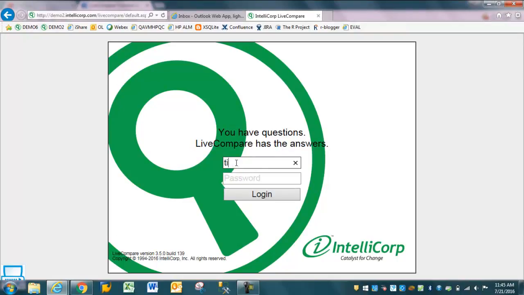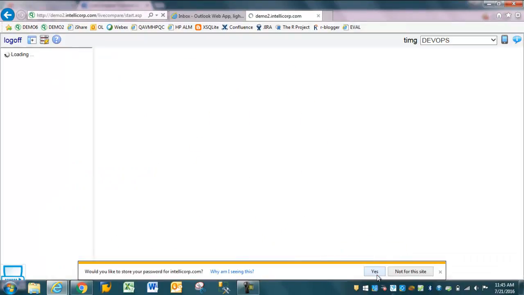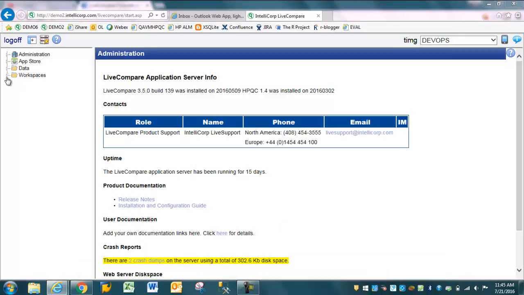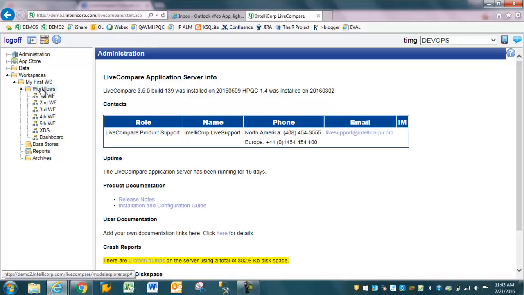Launch LiveCompare and log on as an editor. Expand workspaces. I've created a workspace called My First Workspace, and expand workflows. So what I'm going to do is copy down from the templates folder the compare objects workflow